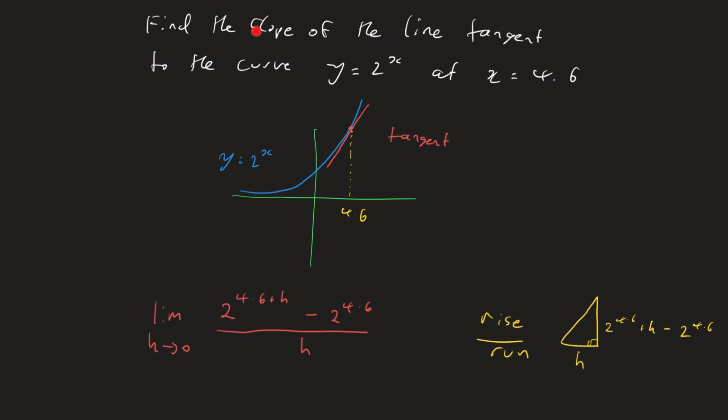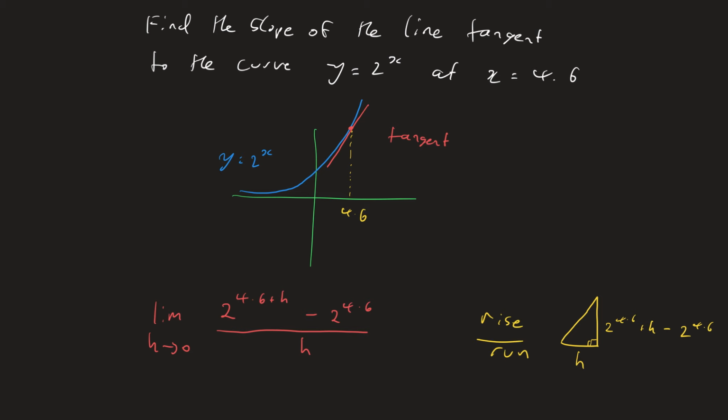Today's question is to find the slope of the line tangent to the curve y equals 2 to the power of x at x equals 4.6. Graphically, we have the graph of y equals 2^x here. When x equals 4.6, we get this point here on the curve y equals 2^x, and we want to know the slope of the tangent here. In other words, we want to know the derivative of y equals 2 to the power x at the point